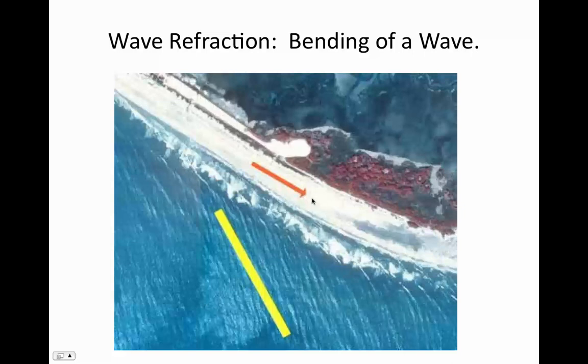It may appear that way from this vantage point standing on the beach, but as you can see, it's not a perfect parallel. But what ends up happening is, because of that wave refraction, we end up getting a lot of sand transport in the direction that the arrow is showing right there. So let's go to the next slide